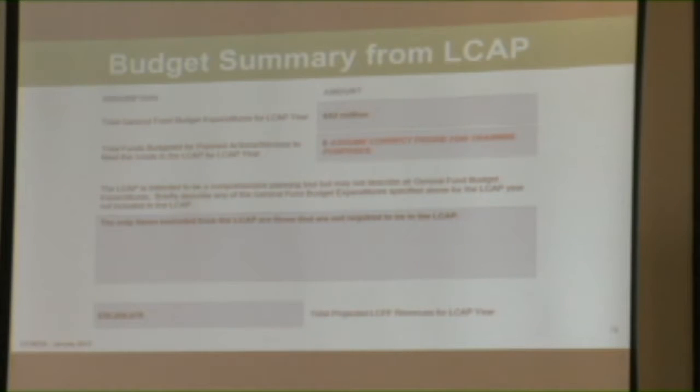But for the rest of it, we've got an entry for total general fund expenditures of $42 million, and we've got a description of funds not included in the LCAP, and we have a number for total projected LCFF revenues. So why don't you take, say, 2 minutes at your table to discuss whether or not this is approvable based